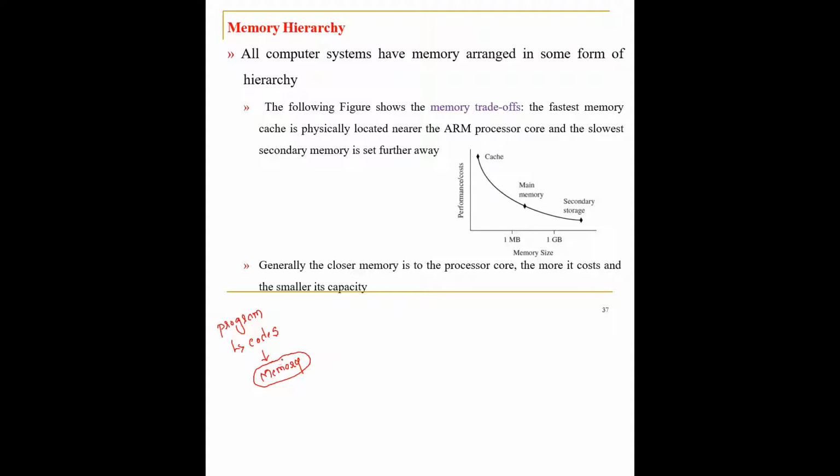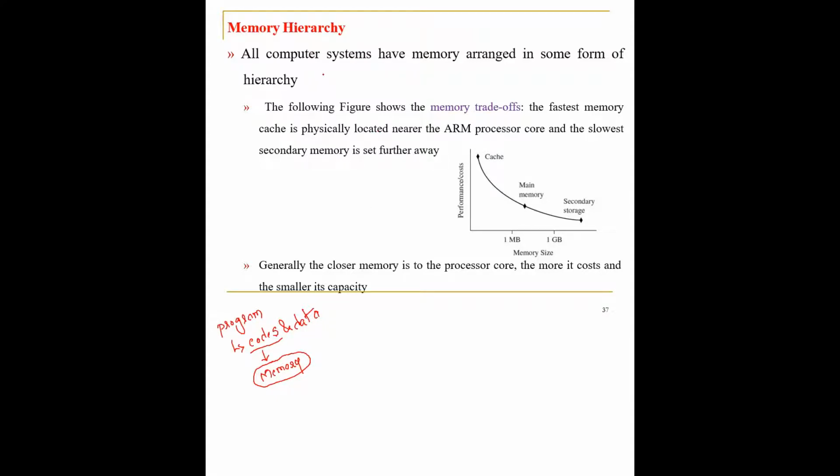In some cases you might say, sir, I want the memory to run twice as fast as the previous one. Or you might say that I need to maintain the desired bandwidth, or that the power consumption needs to be maintained. There are a lot of parameters I need to check when I decide the memory for the embedded system. Memories are needed in order to store the code and the data, and the area where you store them is called memory.